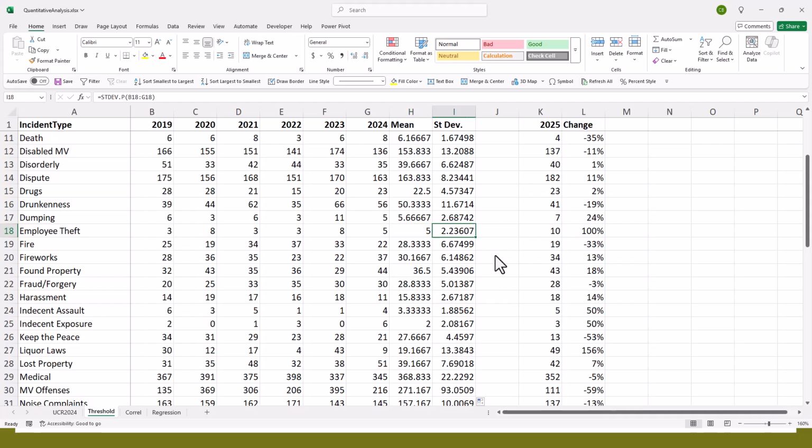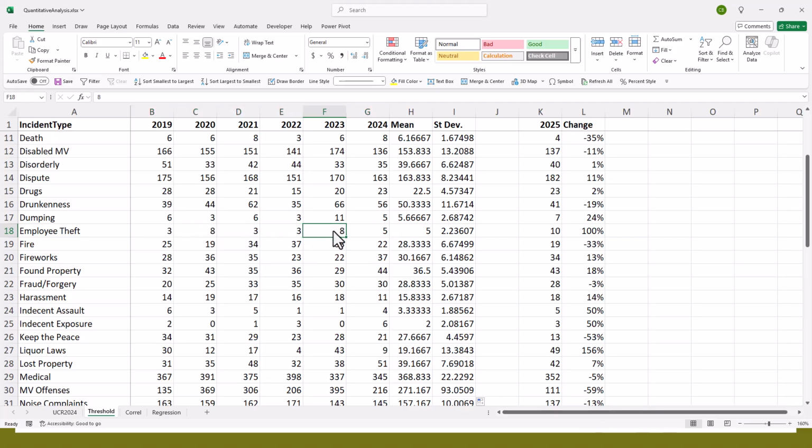And this calculation gave us 2, a little over 2. So subtract 2 from 5 and you get 3. Add 2 to 5 and you get 7. And it's telling us in the typical year you'd expect like 3 to 7. Yeah, we had 8 a couple of years. But most years,